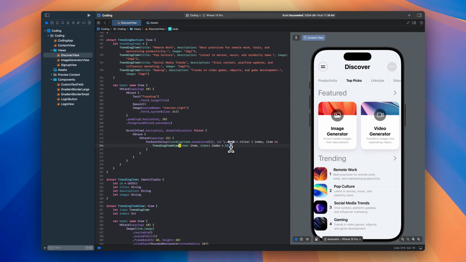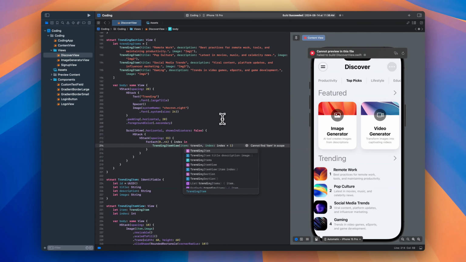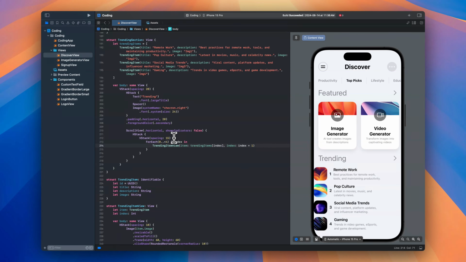Now, adjust the for each loop parameters. Replace the current content inside the parentheses with a range of 0 to 4. This creates a loop that iterates 4 times, with index representing values from 0 to 3. Update the item parameter of your custom component to use trending items index. This ensures each item from the trending items array is passed to the view, using the index to access the corresponding array element. To create the second column, duplicate the VStack content and place it immediately after the first one